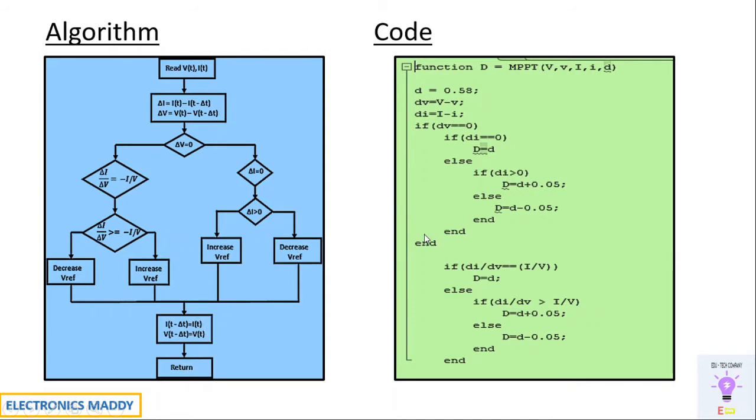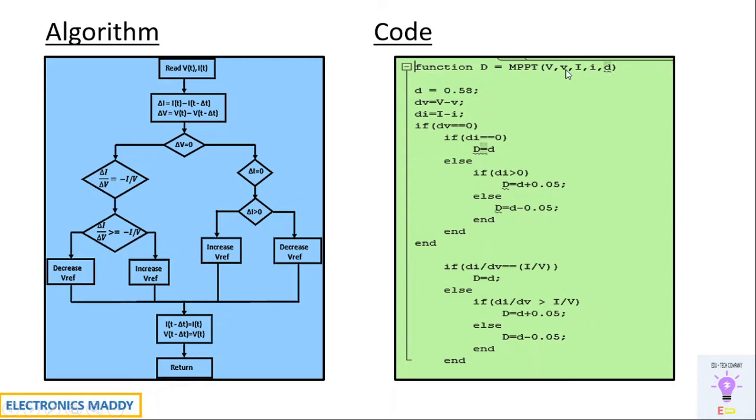One of the most important things is you can implement it in multiple ways. I'll be explaining it with respect to writing code in the MPPT function. I'll be calling a function at the first place, and within that function I'll be writing this code. How do we correlate this algorithm with this code is the big question that you might have. So I'm calling the output d, which is basically the output that we will be obtaining from the function, and that is equal to MPPT. I'm labeling the name of the function as MPPT, and these are the variables: capital V, capital I, small I, and d.